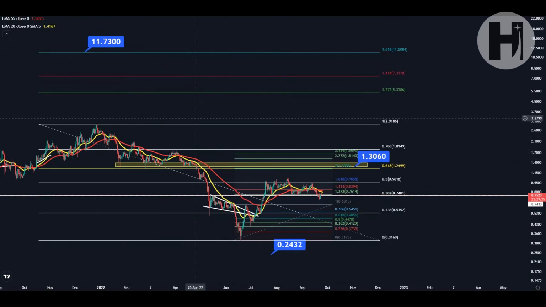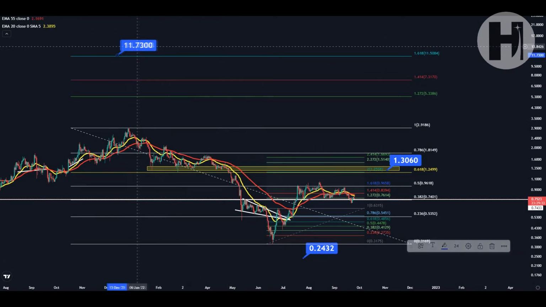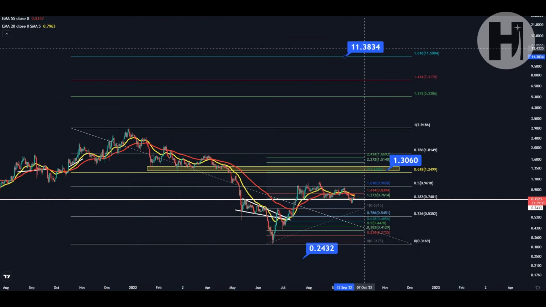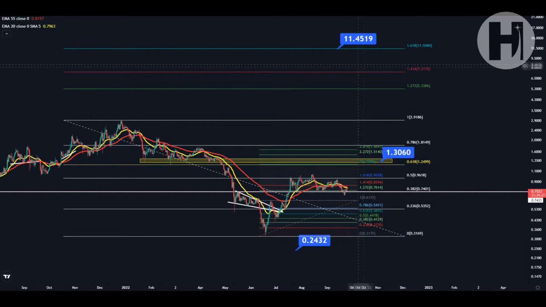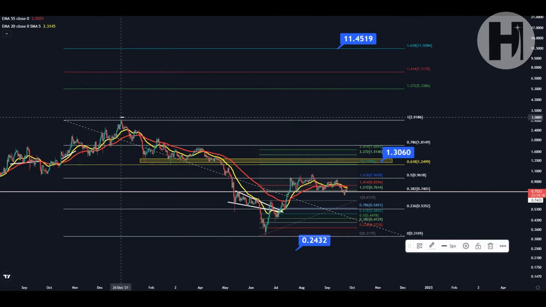Now, if we take a look at the 1.618 target here, it's going to be at $11.50 for Polygon Matic. This will be my bull market cycle top price for Polygon. Obviously, that doesn't guarantee that we're going to get there, but usually you do get to the 1.618 after you break through this swing high. And the swing high here is at